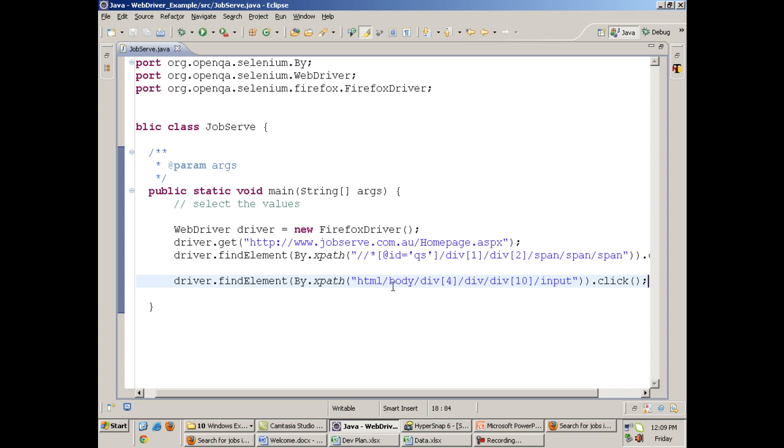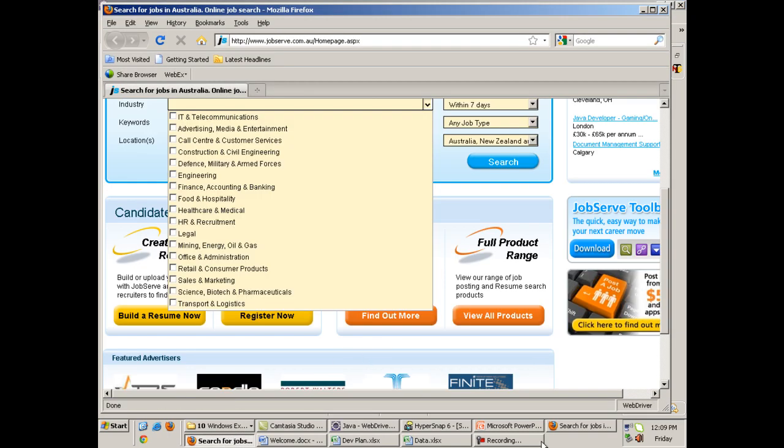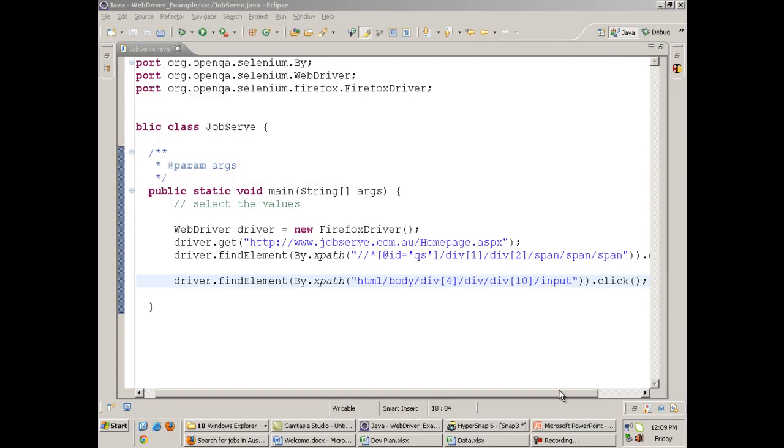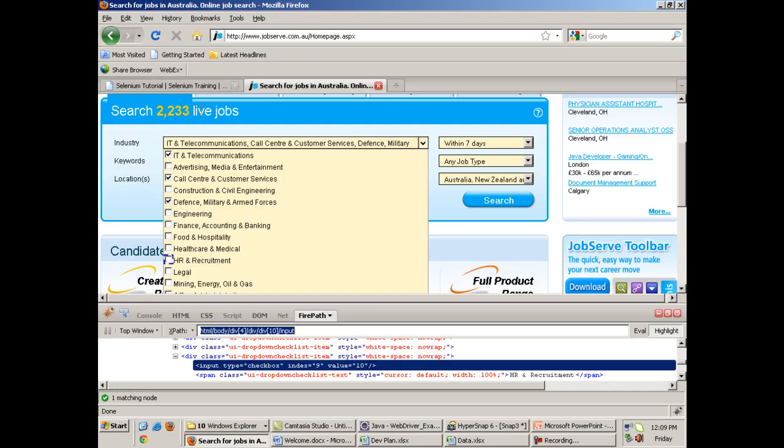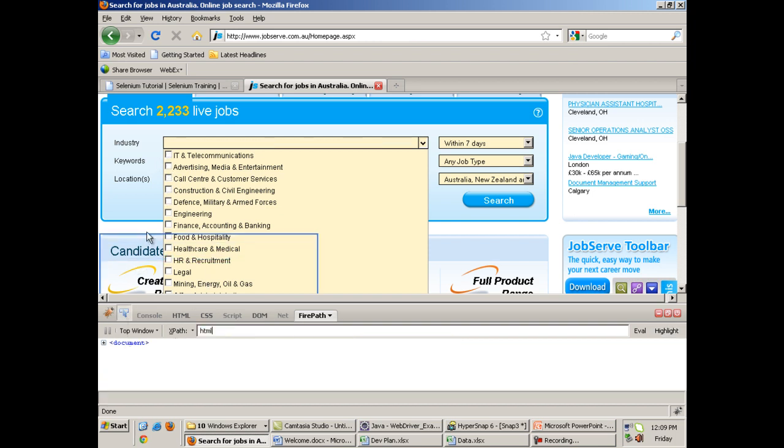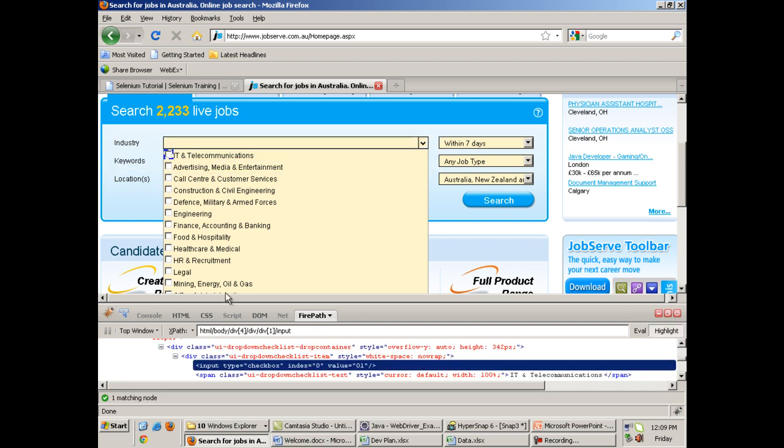But now what we need to do is click on the checkbox based on the parameters read from the Excel file. Fine. Let us go back to the application and let us use Firebug again. The first checkbox has got this XPath.